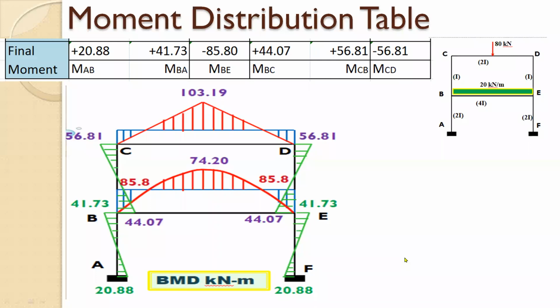If you find it difficult to draw the bending moment diagram of a frame, then I will be uploading a video soon on how to draw the bending moment diagram of a frame without any mistake. Please watch and understand that video. It will be useful to draw bending moment diagrams of frames solved by any method, that is any displacement method like Kani's method, slope deflection method, moment distribution method, etc. Stiffness matrix method also. So don't miss that video.